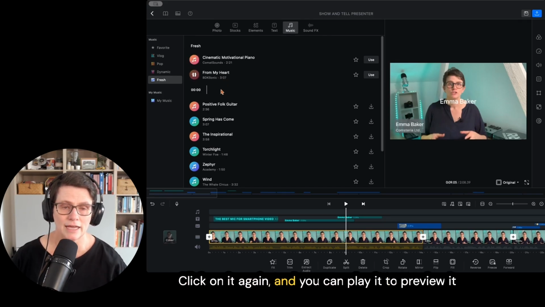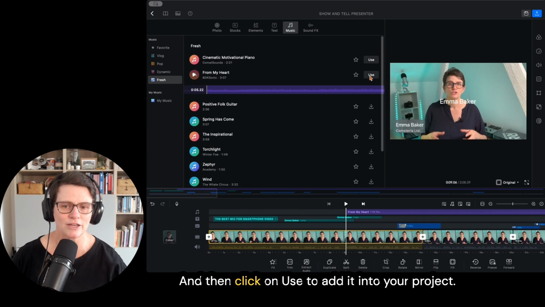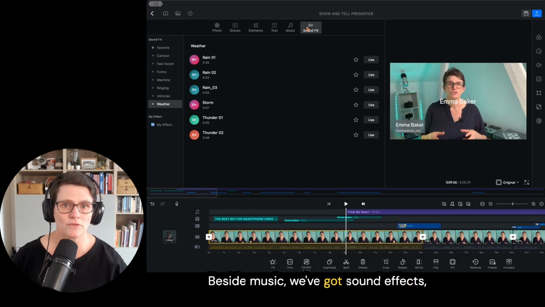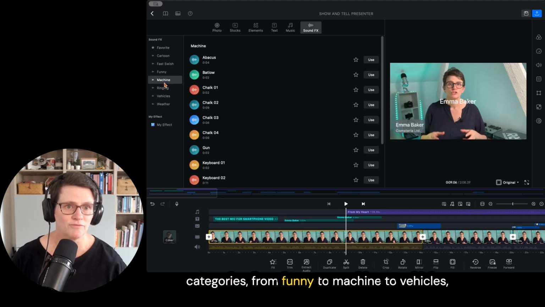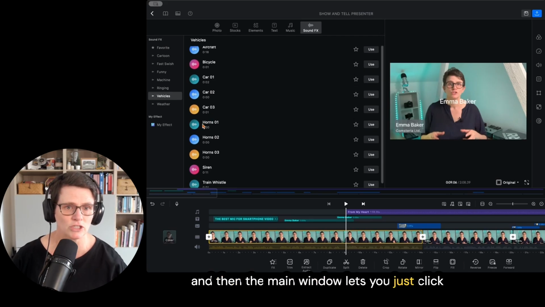Click on it again and you can play it to preview it, and then click on use to add it into your project. Beside music, we've got sound effects, and it's exactly the same kind of layout. The left-hand vertical menu gives you all your categories, from funny to machine to vehicles, and then the main window lets you just click through the different effects, download them, there we go, and click use to add them to